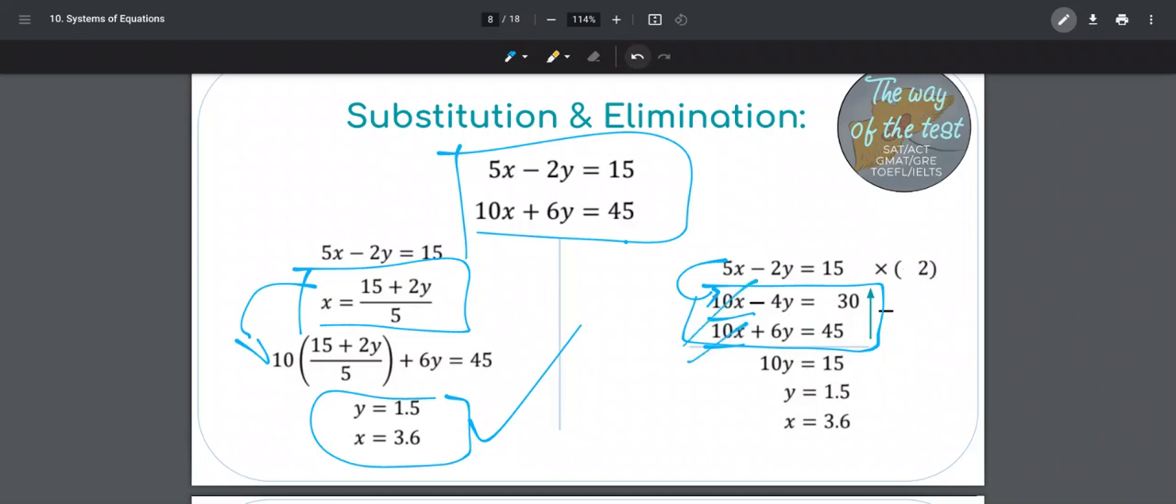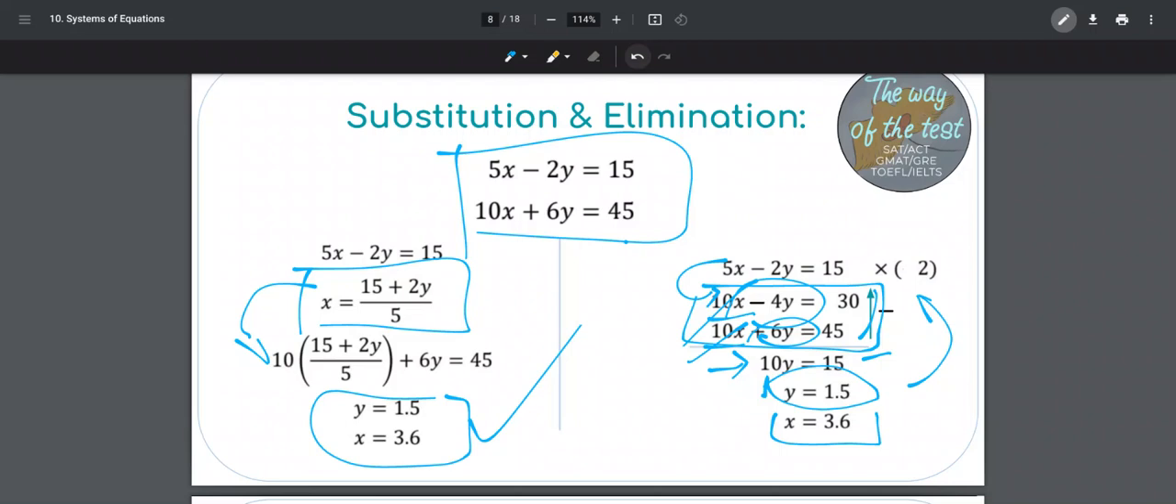So 10x minus 10x is 0. And then I have 6y minus negative 4y, so it ends up being 6y plus 4y, which gives me 10y. And then 45 minus 30 is 15. So y is equal to 1.5. After I find one of the variables, I can just replace in any of the equations to get the second variable. Now, when we use this method, sometimes it's easier to use the first method,